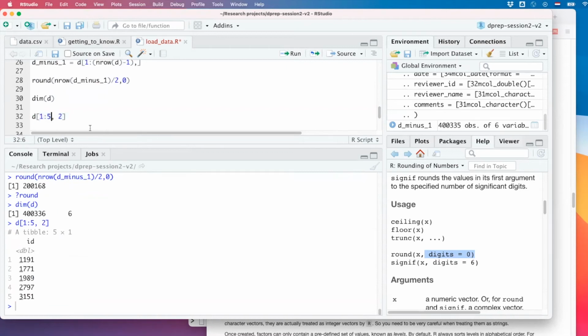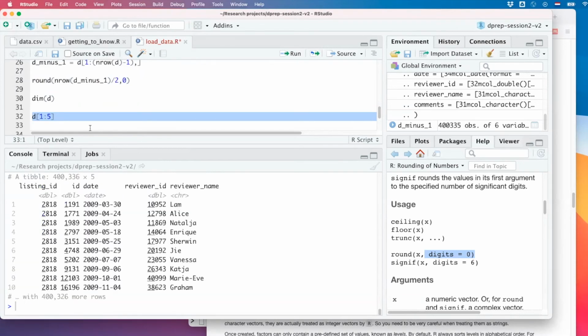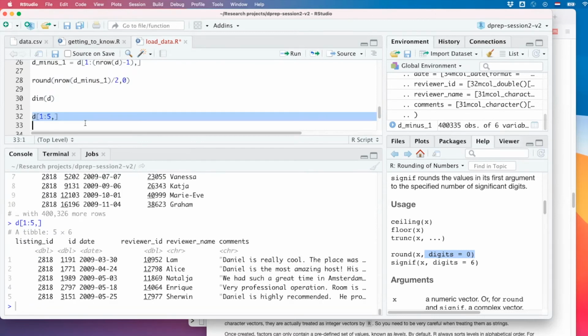When I don't add a comma, it doesn't know what you want, right? From which dimension do you want stuff? Well, I don't know. This is a 2. Oh, this works, by the way, but it shouldn't. Usually what you do is you specify all the dimensions. And when you don't want to do anything with a particular dimension, you just leave it empty. That's maybe my best explanation.